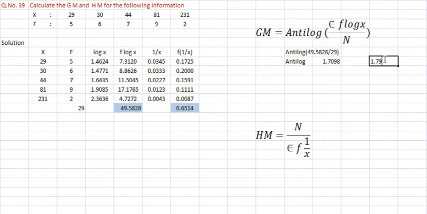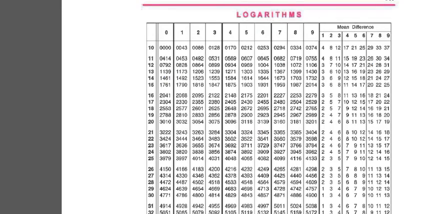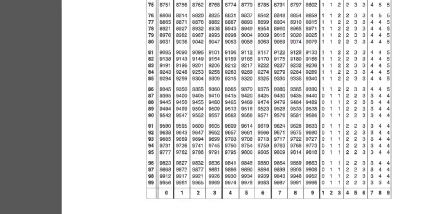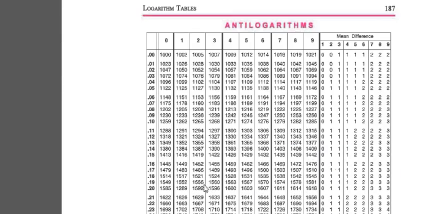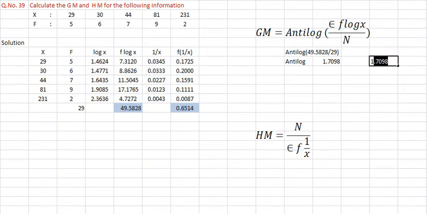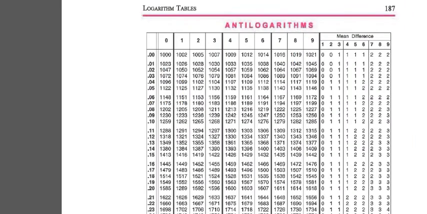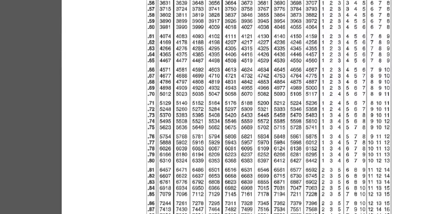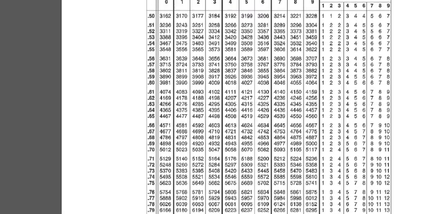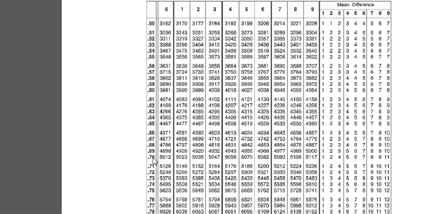So 1.7098. Now only this place you have to find the nt log, because nt log is possible to check from the fraction, not the 1, right? So the fraction number you have to find. Check the nt log now. Nt log is here. Okay, nt log. What is the number of that one? 7098. So nt log of 7098 you have to find. 0.7098. Right? 70 is here and 9 is here. 709 is how much?